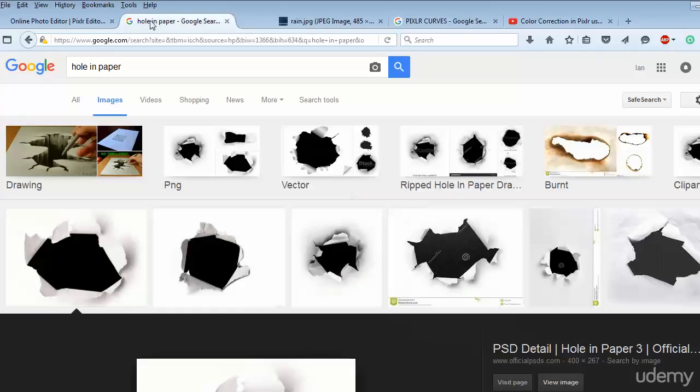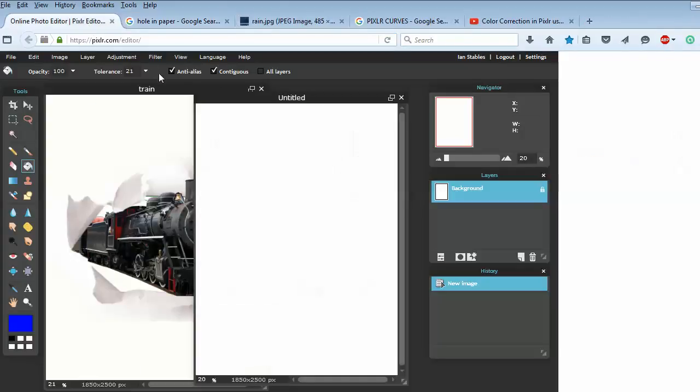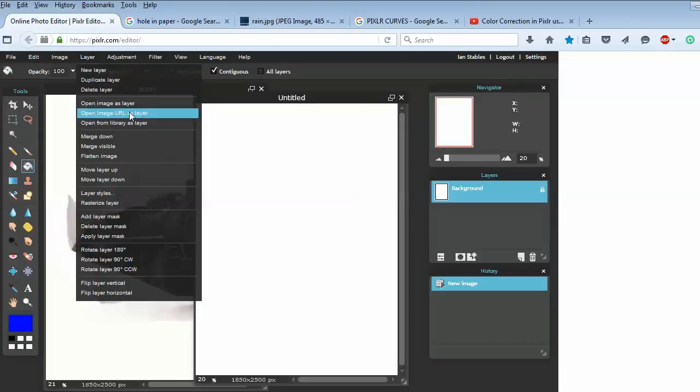Oh, that's handy. It's a PNG, so it's a transparent image, which is a lot more helpful. So it means that the transparent bit will be the hole. Excellent, good. And of course this will all be solid. Okay, so we're going to select and copy the URL of the image. Close that because we don't need that now. And then when we're in here, we're going to import that as a layer. So open image URL